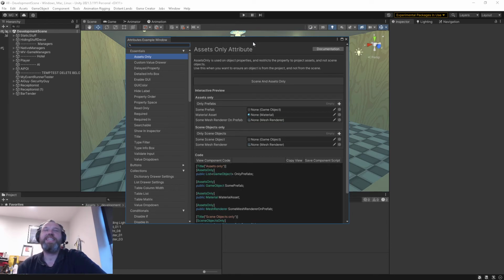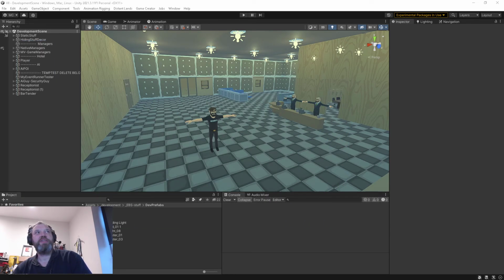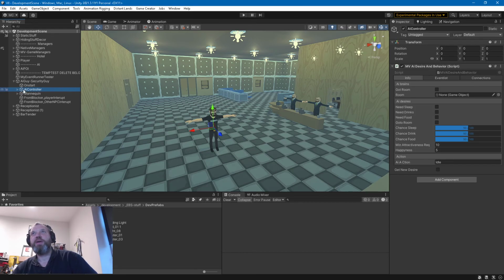Because what it does is it organizes my scripts, or the script view in the inspector. So all the variables and everything I need to edit, I need to change, I need to add a game object or change the value, I can now present it to myself in a much better way, much easier to customize, and especially when I use the same script over and over on so many different projects, I need to use this more. So let's take a look at the AI guy, security guy,